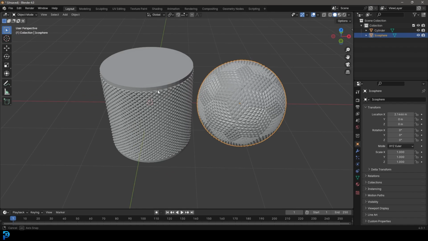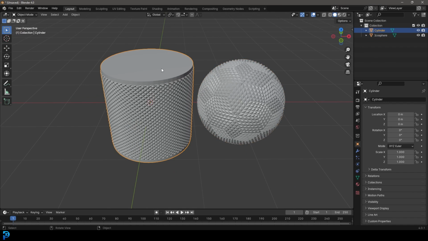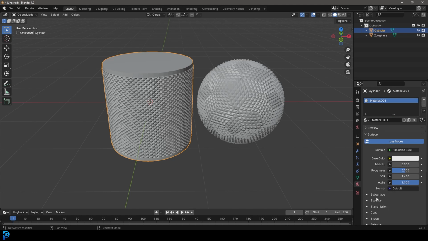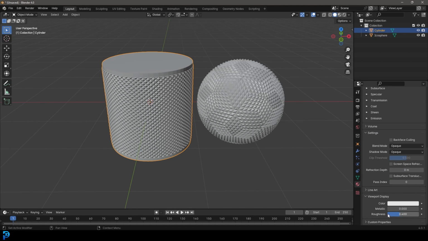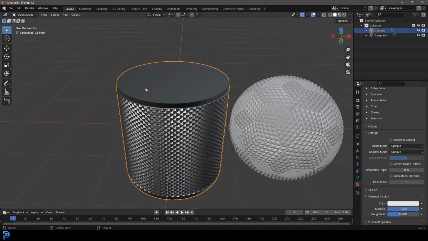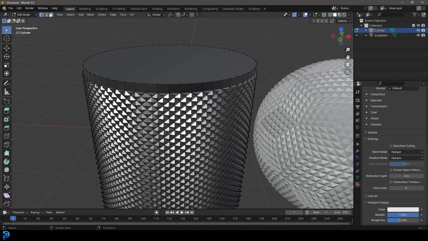like this that you guys can use on your hard surface stuff. So we're going to select this one here. We're going to go new material. Let's just for now create a new material, and we'll go down to the viewport display, make it metallic like so. And now we're going to Tab into edit mode, and we're just going to go to face select